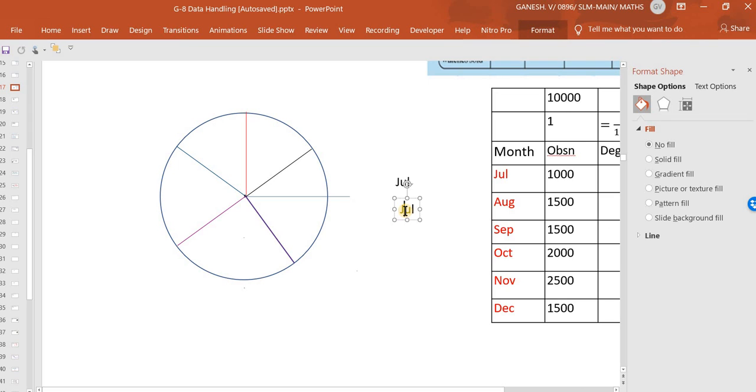August, September, July, August, September, and then October, October, then November, December.